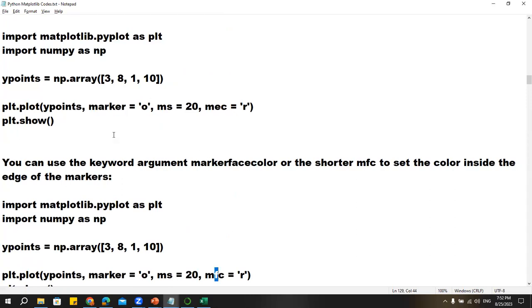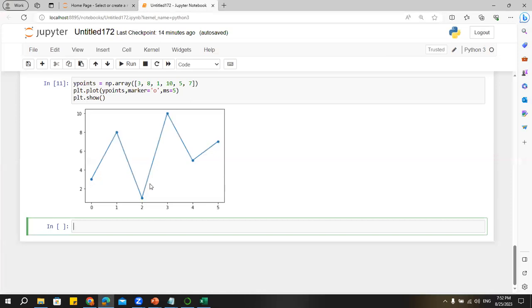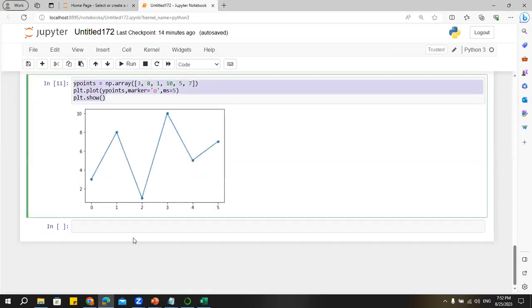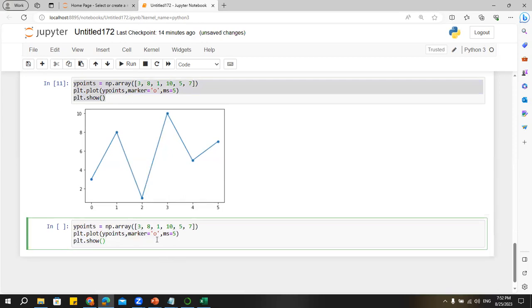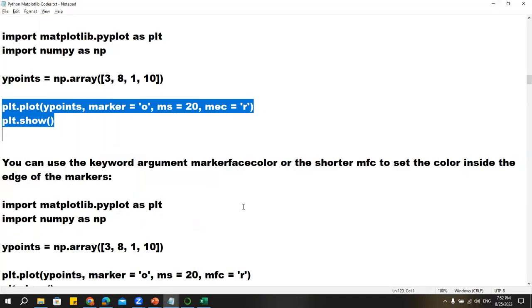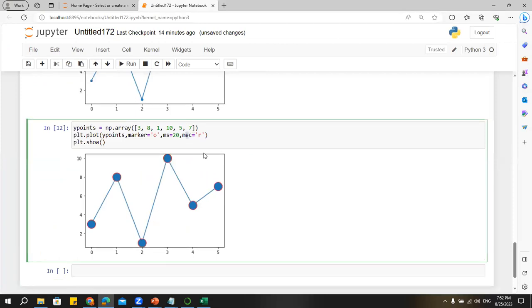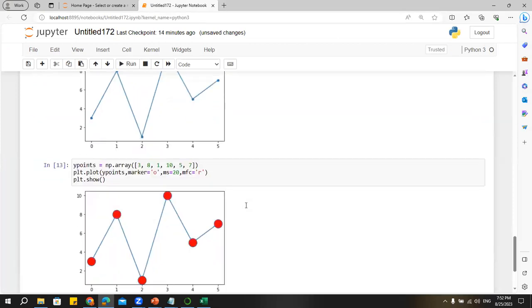Okay. Right. R is red. So I'll go here. Let me copy this. I'll take the same value here. And here the marker is this one. I will make it 20. MEC equals R, and run. See, the edge is red color. MFC is nothing but the face color. You can say face color or foreground color. See,